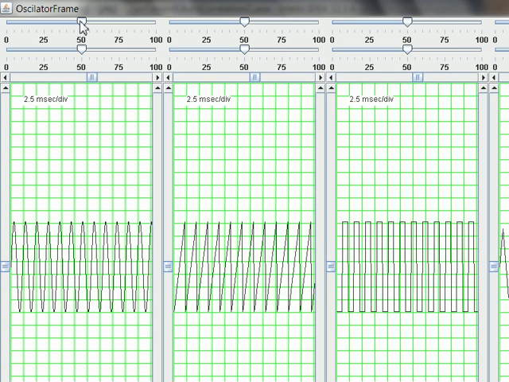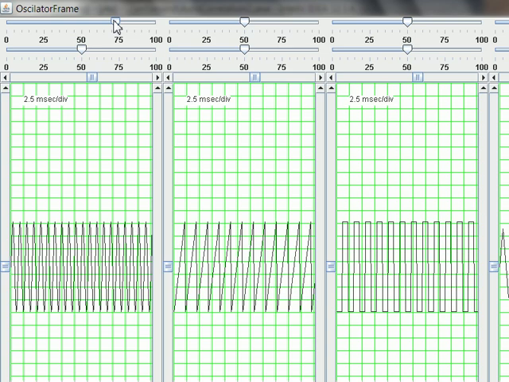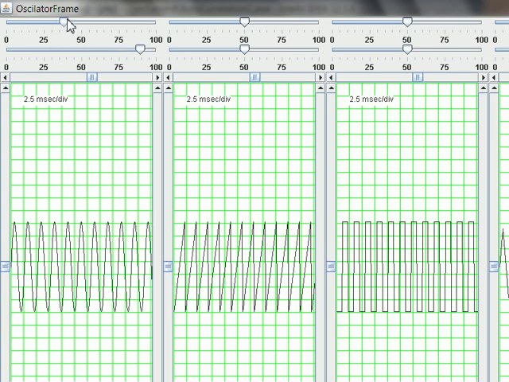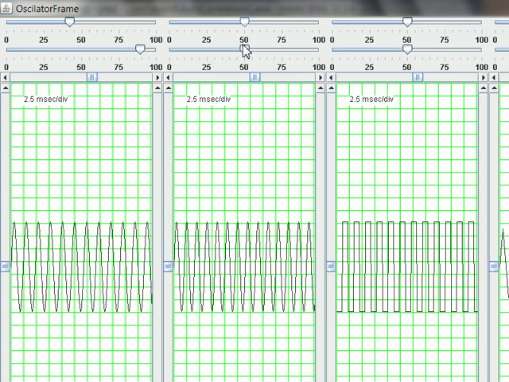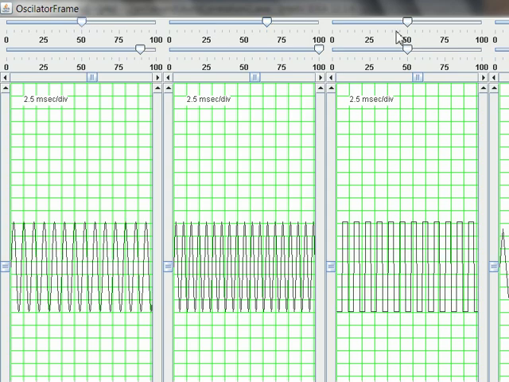In theory, I should be able to, let's see if I can increase this duration. Go up a little bit. So now I can get a couple of sounds going at the same time. Let's see if I can